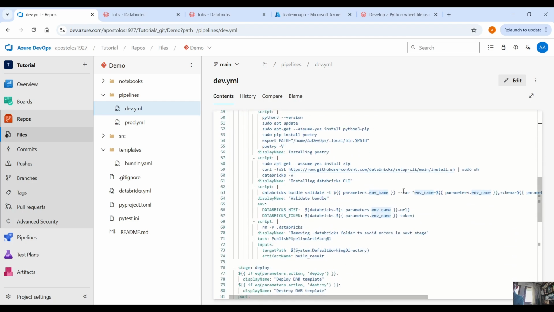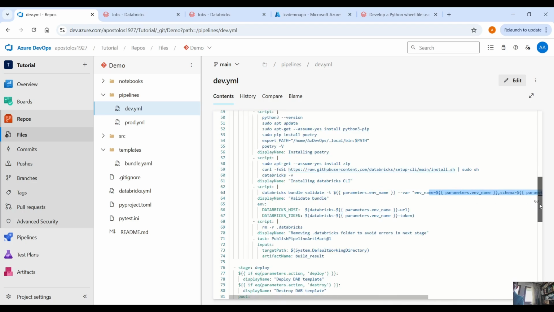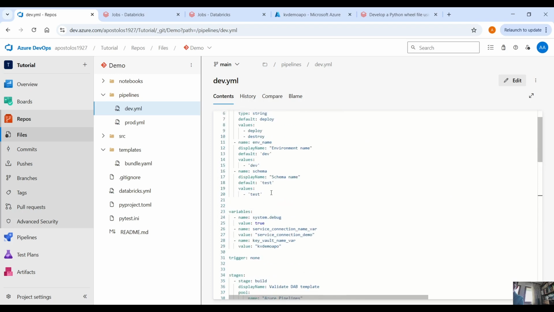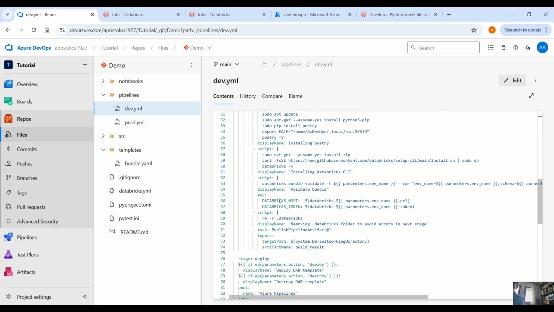In which environment, and then --var variable, right? And then we pass the parameters again that we have specified up here. And then from the key vault, we get the Databricks host parameters, we pass the environment, -URL